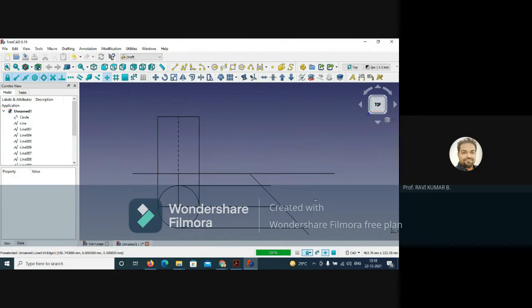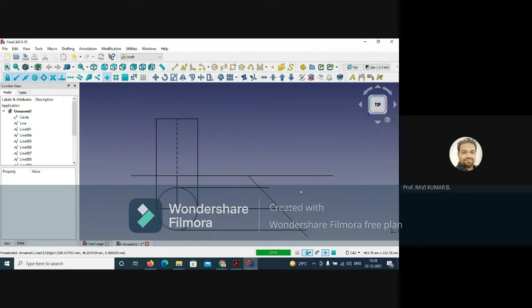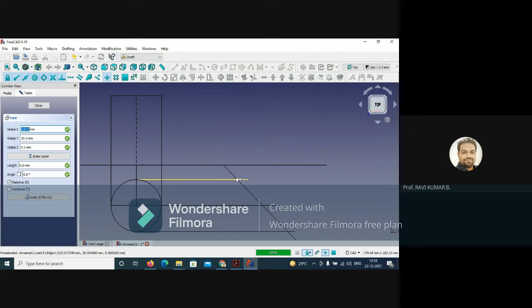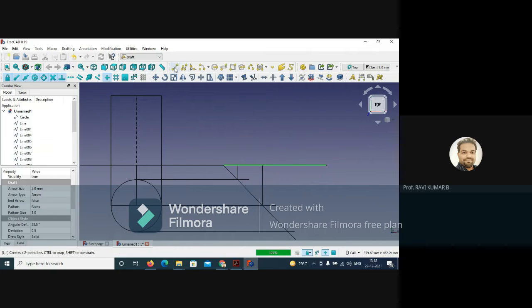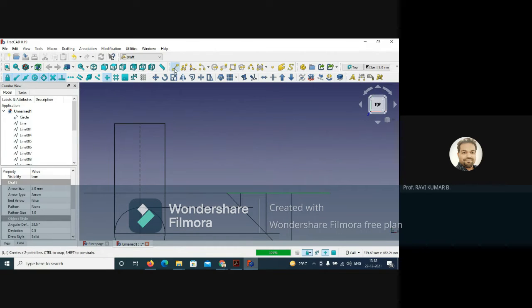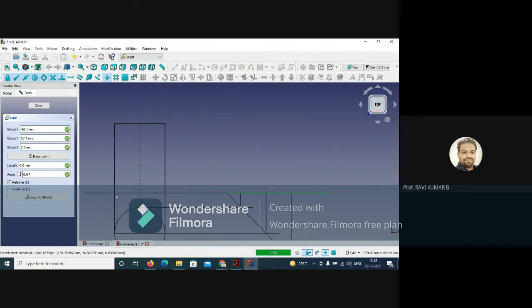Right, now vertically up, you have to take all these points vertically up. So take the line command again. Later we will do only up to here, then later on we will go with the continuous line command and we'll finish that front view. So this also we have taken. We'll keep it here.